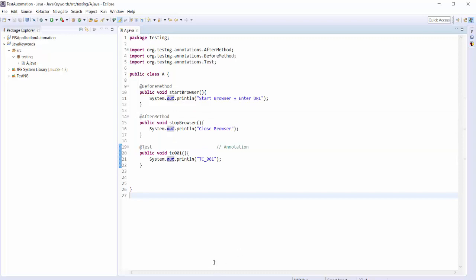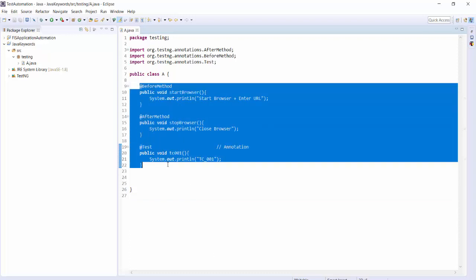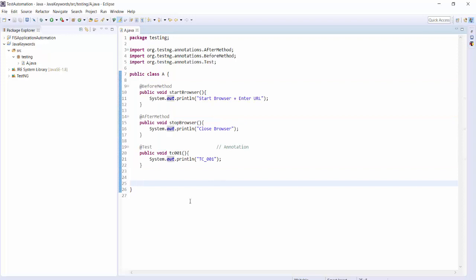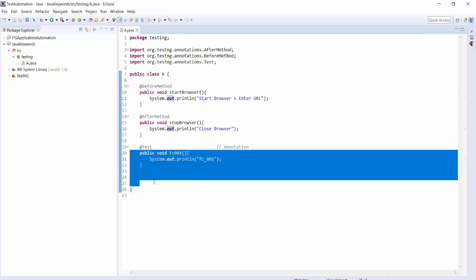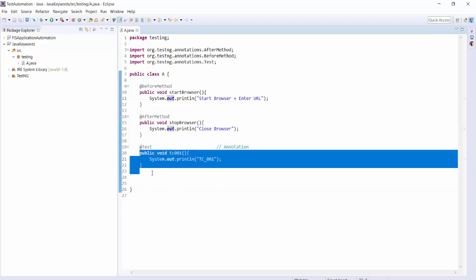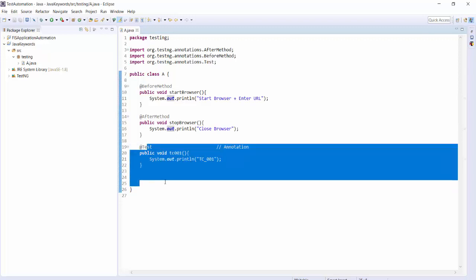So now we got an understanding of the basic three annotations. We have a few more annotations which we are going to cover later on. But as of now, we have gone through the basic three annotations which will be used very frequently. Also, we have seen what will be the order of searching and order of execution. One thing I want to tell you, TestNG does not understand your method. It only understands its annotation. So if you have a method with an annotation, it will execute that method, else it will just skip it.